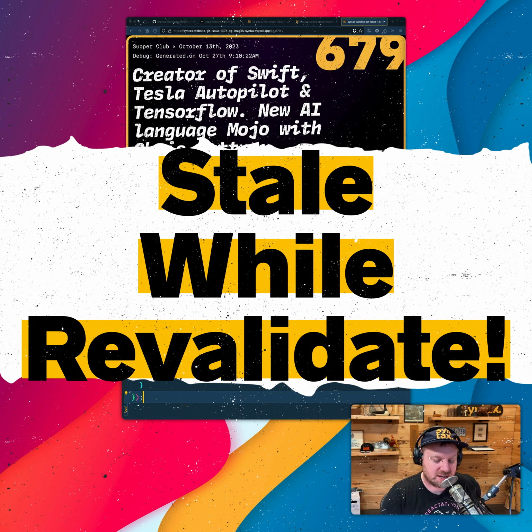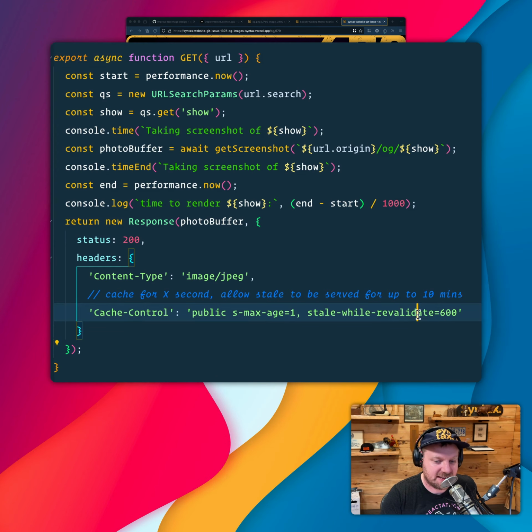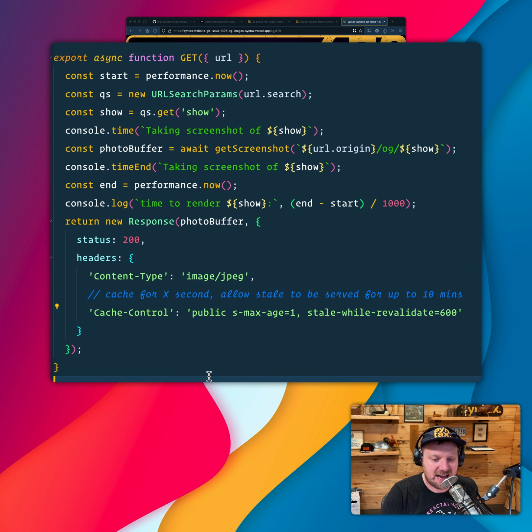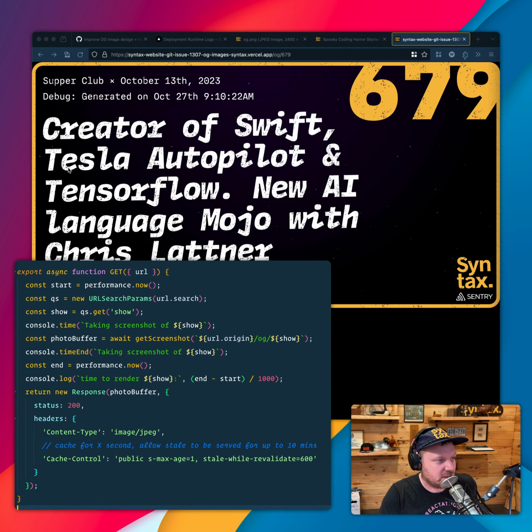Here's a really cool use case for stale-while-revalidate. It has to do with headers for when your HTML, CSS, in my case, images, how long they are cached for when they need to be generated. So we are working on the Open Graph images, and the way we decided to do it, I know there's